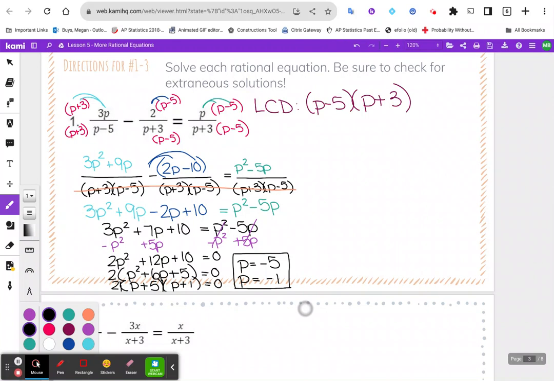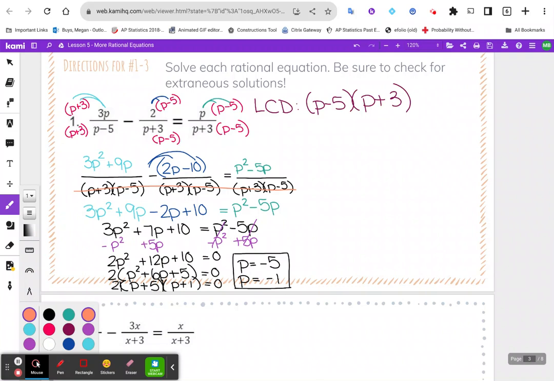So if that was the case, I look back at it here. I want to make sure that none of these could go into my denominator to cause a problem for us. I can either plug into the LCD, or I can plug into the factors individually in this case. It's really up to you what you want to do. But when I check for my extraneous solutions,